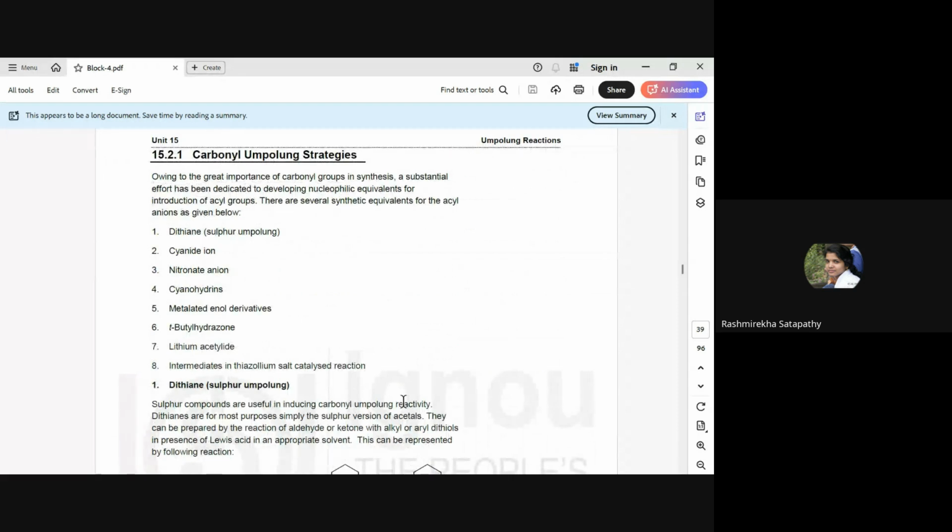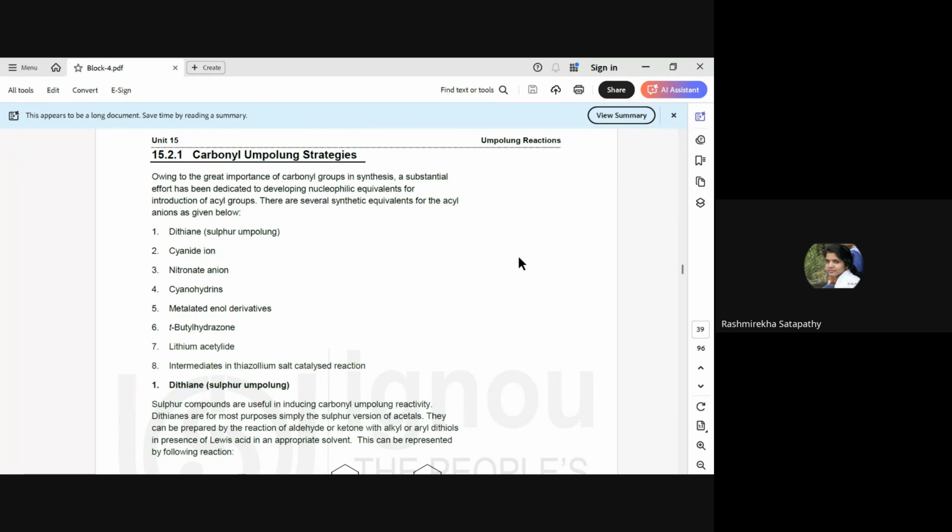Carbonyl umpolung: owing to the great importance of the carbonyl group in synthesis, a substantial effort has been dedicated to developing nucleophilic equivalents for the introduction of acyl groups. There are several synthetic equivalents of the acyl anion: dithiane, cyanide anion, nitronate anion, cyanohydrin, metalated enol derivatives,